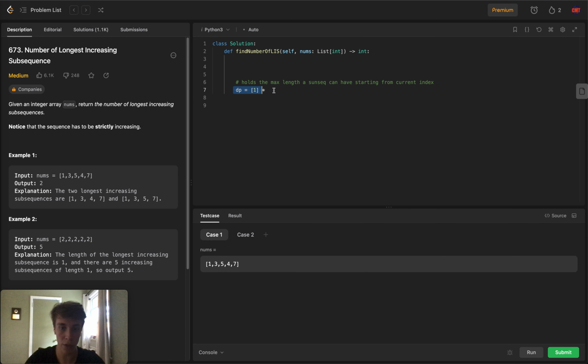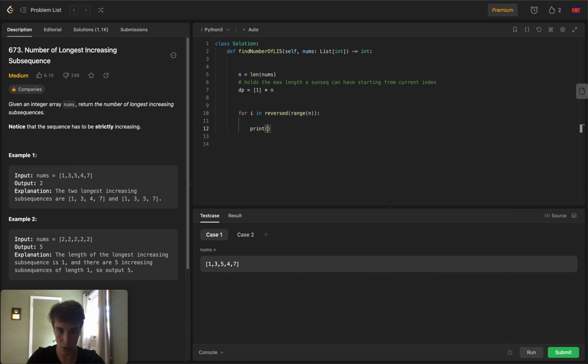So I'm going to pre-fill my DP array with 1s, like so, and then for i in reversed range of n, I'm going to say that